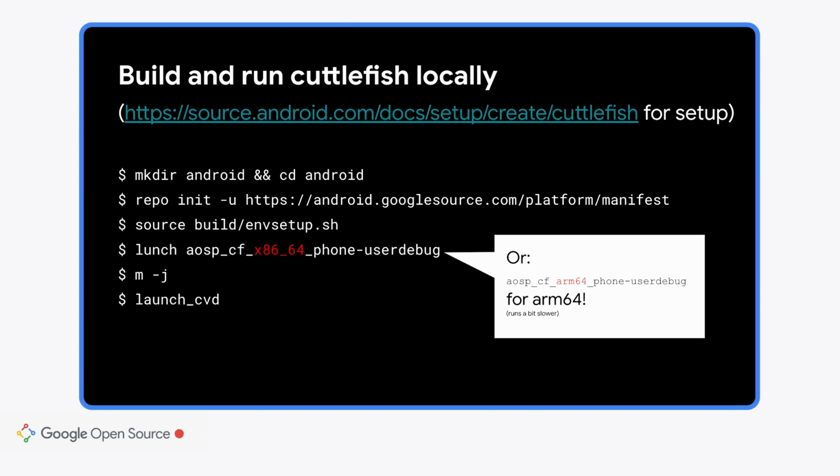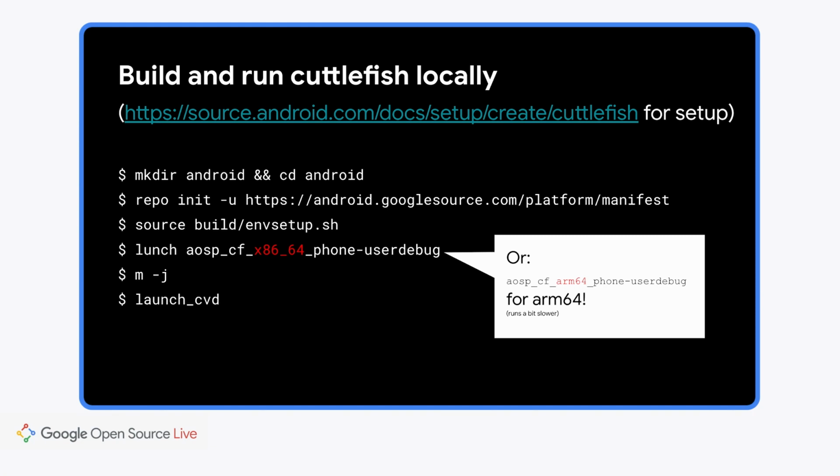So the example here actually includes the cloning and building instructions for AOSP as well. Once you've cloned down the platform, which is the repo init and sync command, you can then launch the special Cuttlefish targets. In this case, I've launched aosp_cf_x86_64_phone-userdebug. But if you want to do an ARM64 build instead of an x86-64 build, you can also do that.